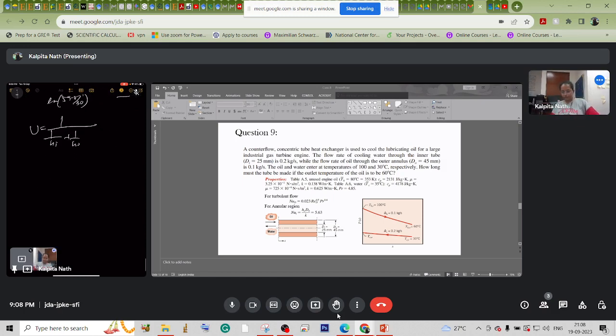Now for the water that is running inside, in the inner region,